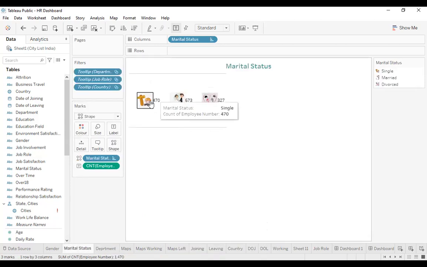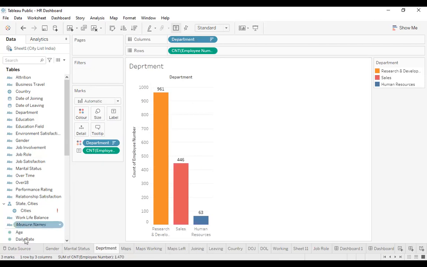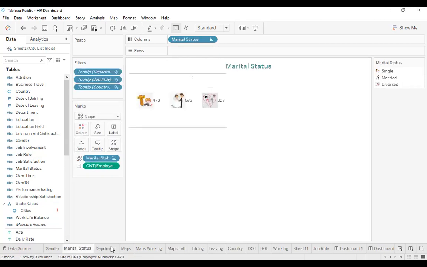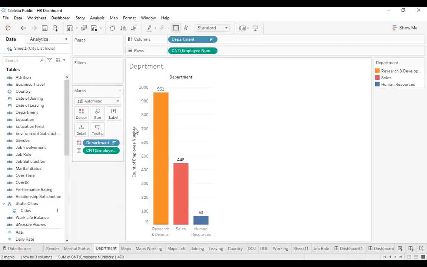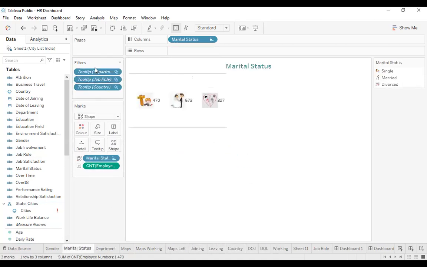Okay, so this will be filtered out in this particular thing. So this is the importance of filter. Whenever we are using the tooltips and this tooltip is used as a filter, this filter will be automatically created. You did not create it. Then it is forming a set. You see that there are two circles in the form of this, so this is called a set.